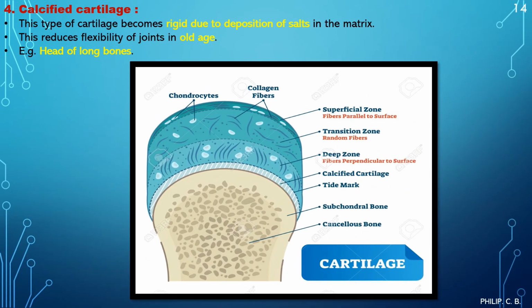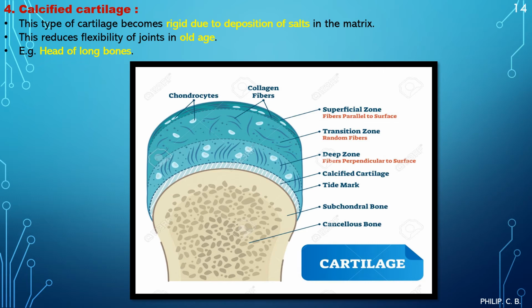The next type, calcified cartilage. This type of cartilage becomes rigid. Again, as the name suggests, calcified means presence of calcium. It becomes hard and rigid due to deposition of salt in the matrix. Now this type reduces flexibility in the joints, and it is seen in old age,